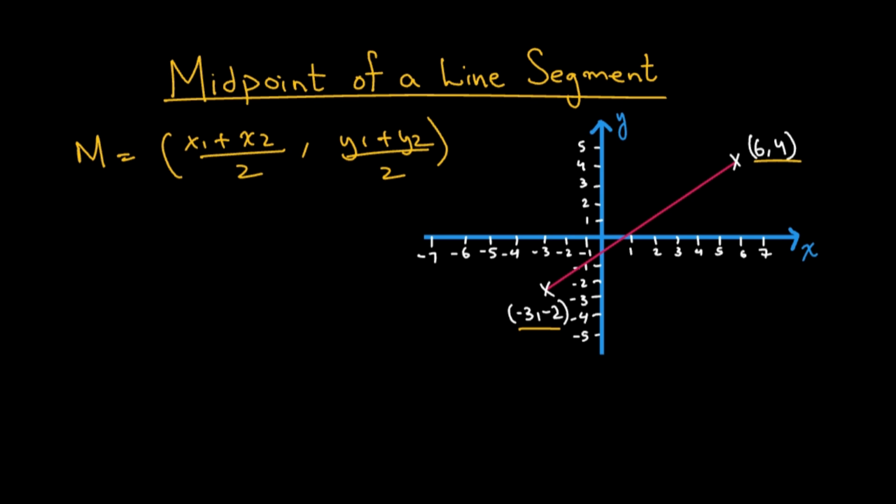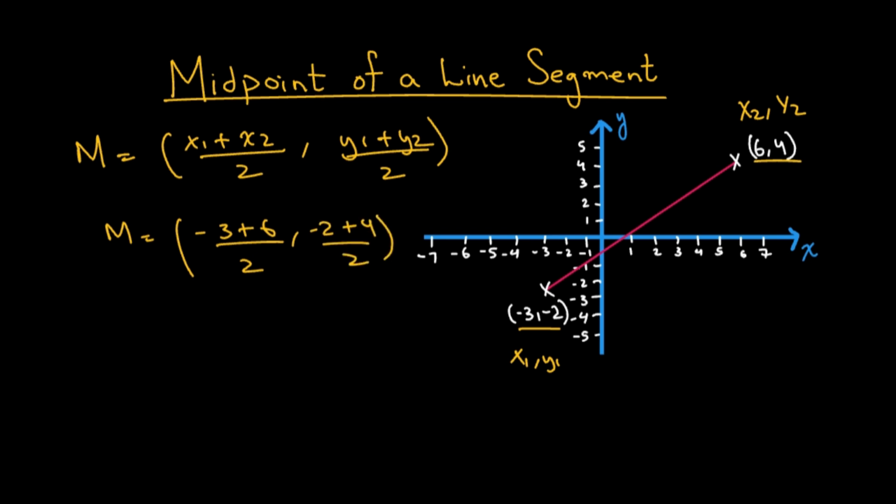So first, let's call -3, -2 as x1 and y1 and 6, 4 as x2, y2. So the midpoint m becomes (-3 plus 6) divided by 2, comma, (-2 plus 4)